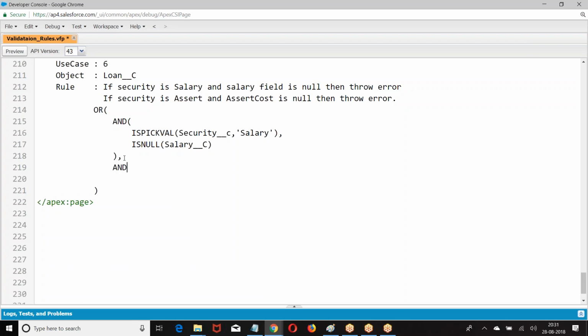Or else when you say or, either this can be true or this can be true. So why can't we use the if condition over here? Pardon me? Now, if you give if condition, you will get a value, but I want to get true or false.